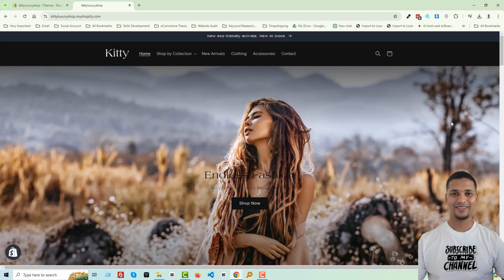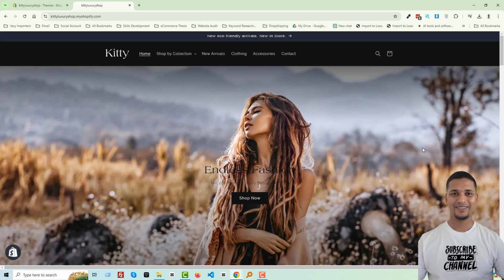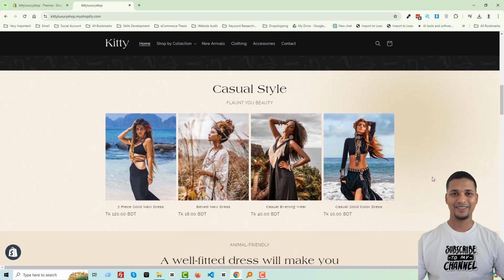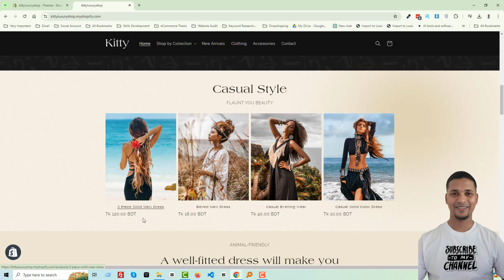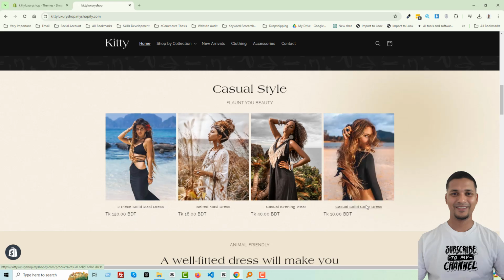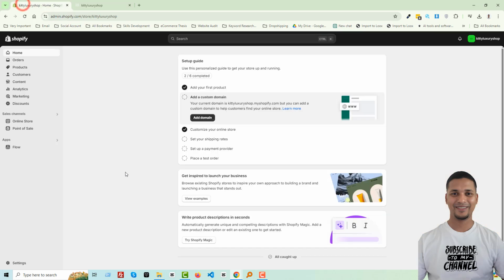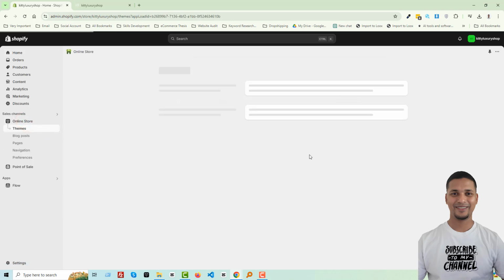Here is my Shopify online store and here is the product card section. Look here, and we wanted to center this product price of each product card. Okay, to do this, first of all you have to go to your Shopify admin panel. Here is my Shopify admin panel. Then click online store,